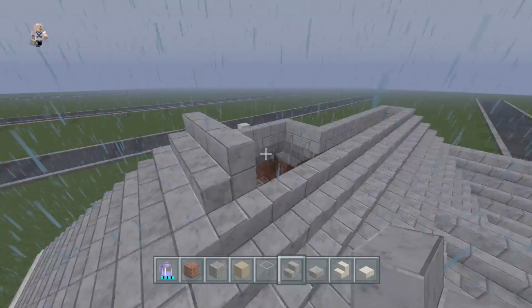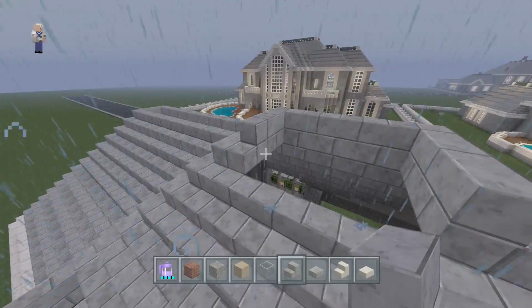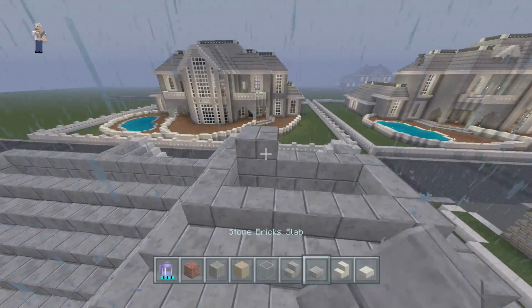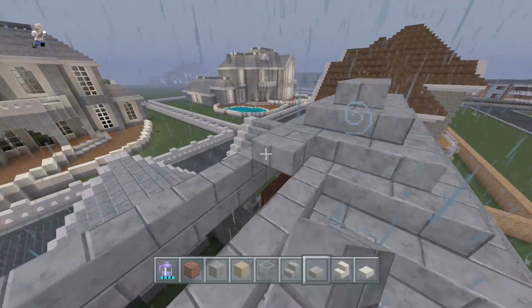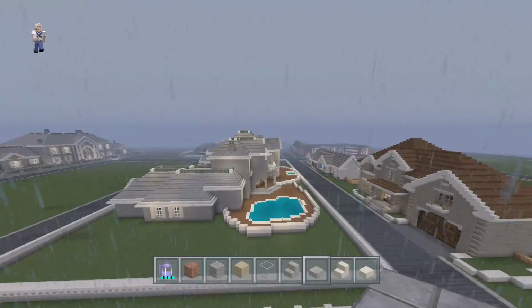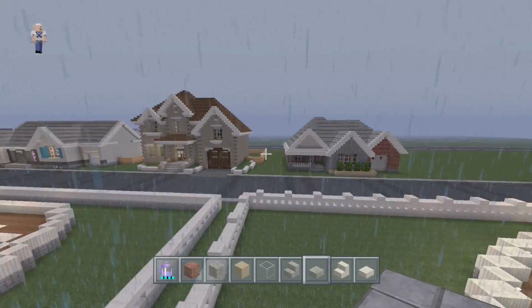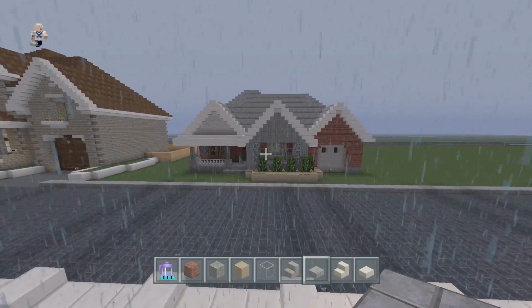And I know if I like it, there's probably a lot of other people wondering how they build that. That's why I asked him. Their link will be down in the description for a lot of these houses, because I did get some inspiration from them. They're helping me out and I'm helping them out, so it's a mutual thing.